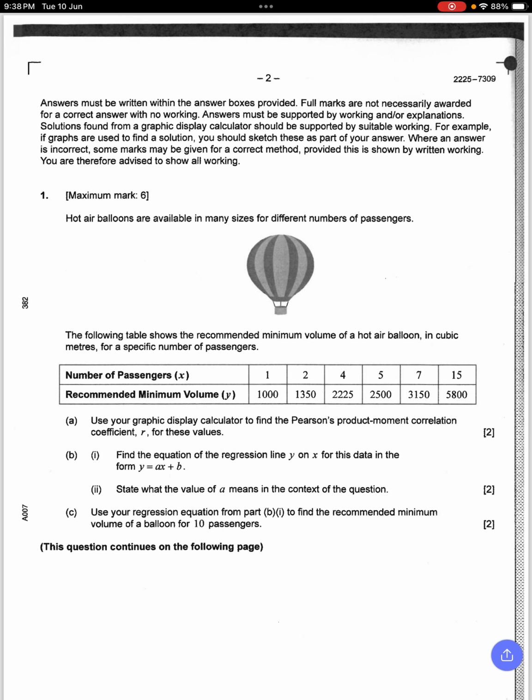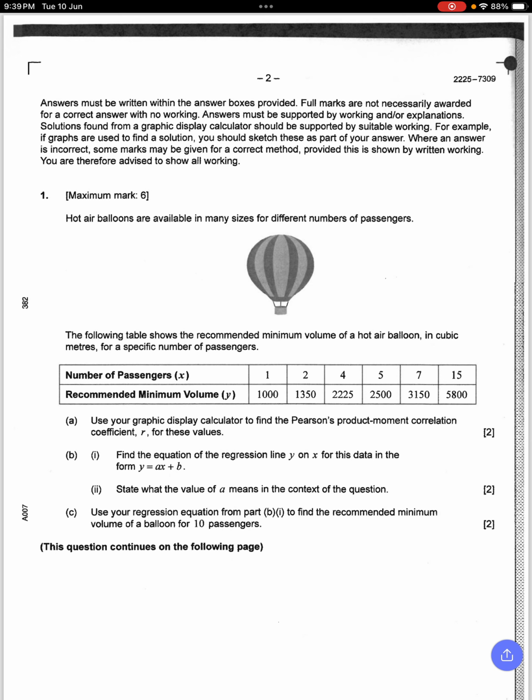We're just going to look at some of these questions and you decide for yourself if these questions are easy or maybe a little more difficult than the previous years' papers, all right? And maybe leave me a comment in the comment section and let me know what you think about the May 2025 paper.